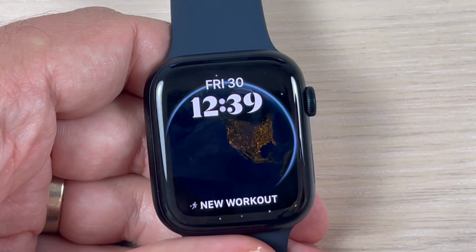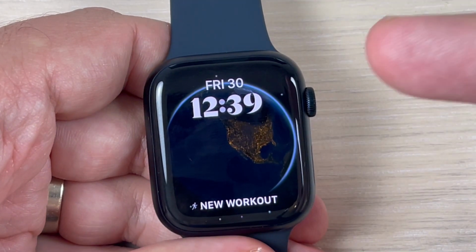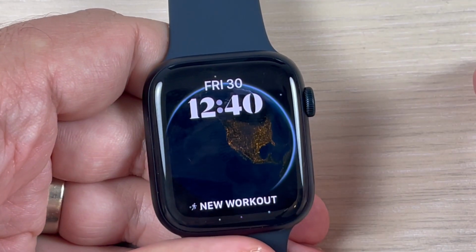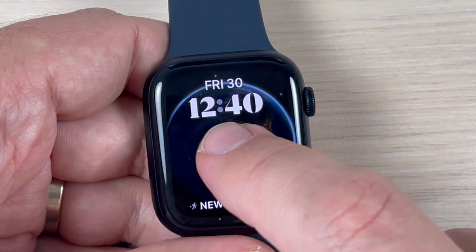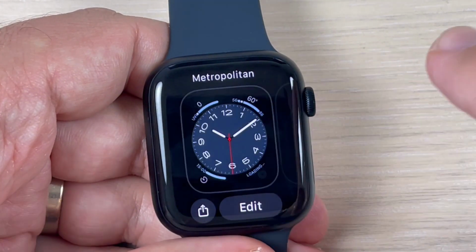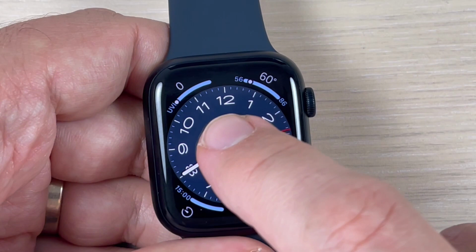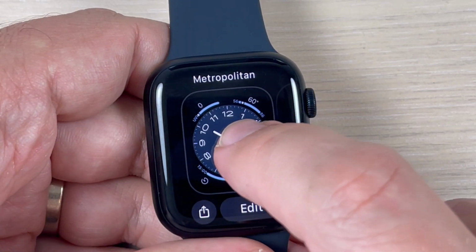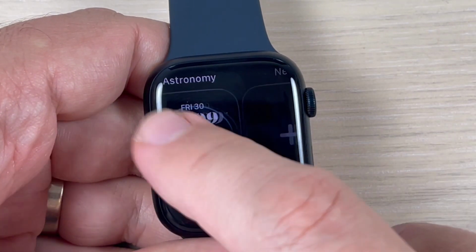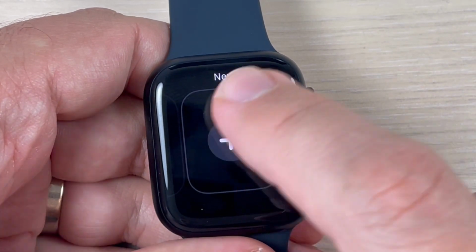just press here, and that's all. We have a new watch face. Now if you want to choose the first one, just push it long and swipe to the left, and here there is. And if you want to add another one, swipe to the right and again just hit the plus